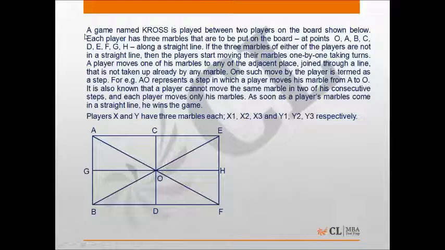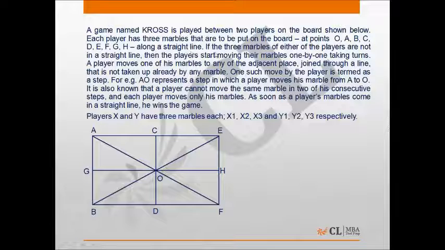In this set, a game named Cross is played between two players on the board shown below. Each player has three marbles that are put on the board at points O, A, B, C, D, E, F, G, H